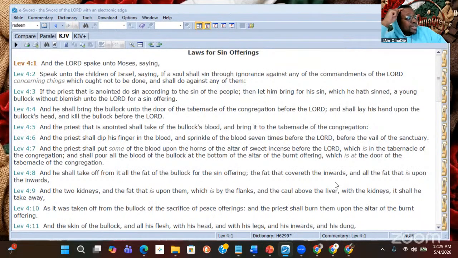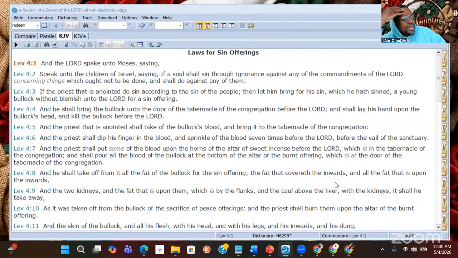for a sin offering. So this is basically like what Aharon, or what Aaron, did when he sinned, the sin of the people, because he is a priest. So the people, his people, can impact his actions based on the direction in which they desire to move. So a priest is an extension of the people he's connected to.